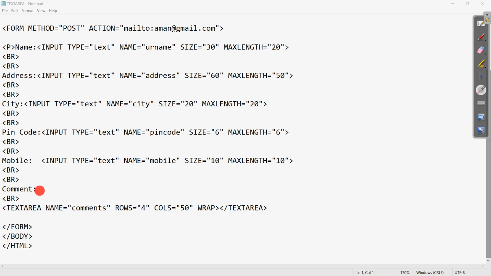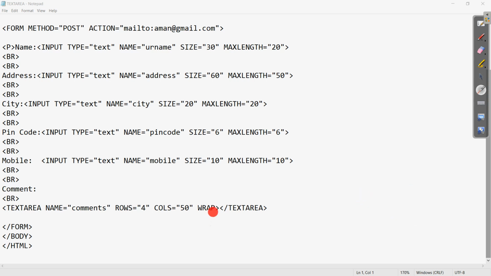Comment is the text which we want to write on the web page. Then textarea is the tag. Here are the attributes of this tag: the name of the text area box, then the rows and columns, meaning 4 rows and 50 columns, so this will be the size of the text area displayed in the HTML.